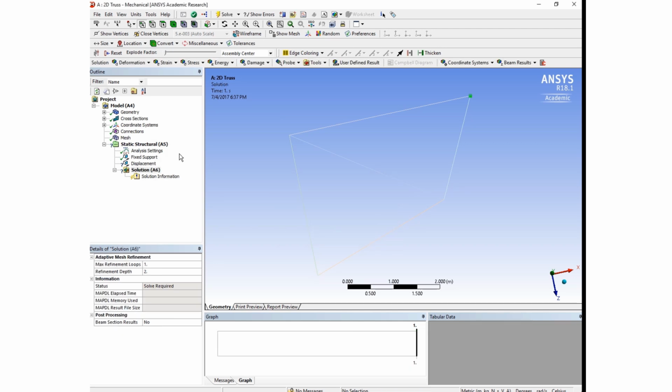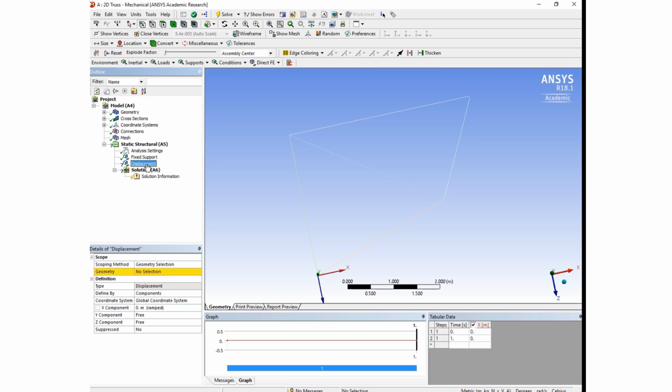Now I'll come back up to my displacement, and with the check mark there it says no selection, so I need to click my vertex select this point, click apply,